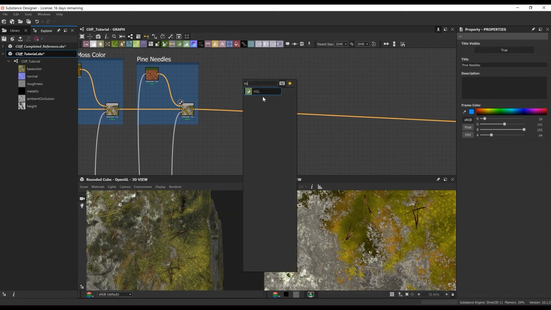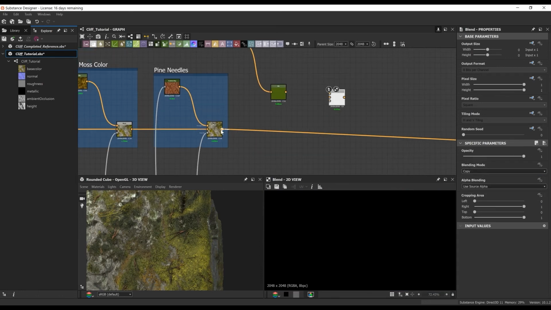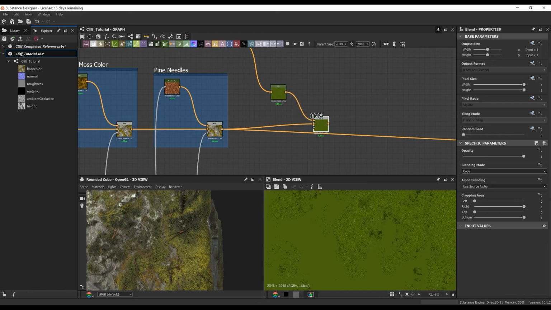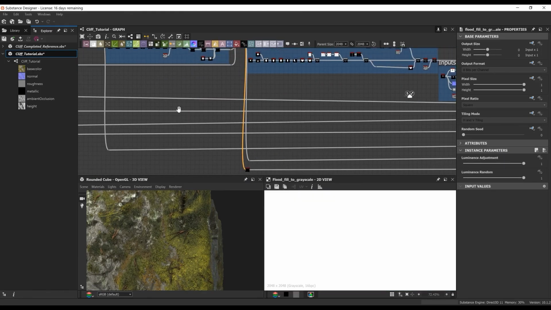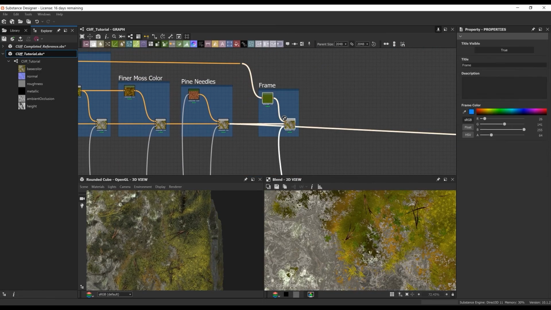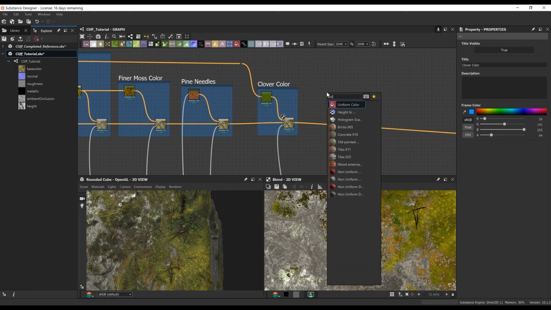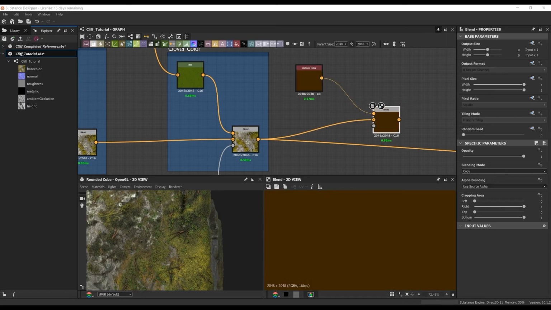Continuing forward, this time, same thing, bringing in an HSL to change the hue color, and this is going to be used for our clovers. I'm going to go back into our shape splatter, do the same kind of treatment to get that mask that I was talking to you about. So you see me here duplicating that flood fill to grayscale, and here I'm just plugging it into the opacity of this blend. Now you can kind of see the clovers are starting to pop in a little bit. They're a darker green as opposed to the lighter green of the moss, so you can kind of see them a little bit better.